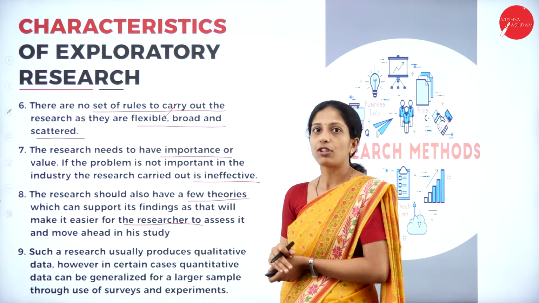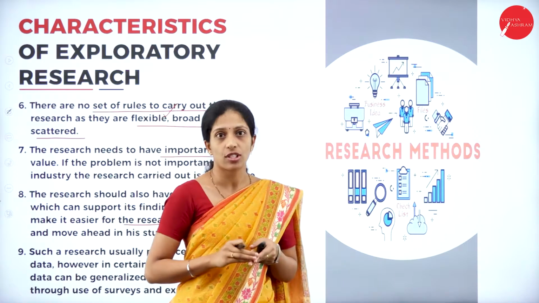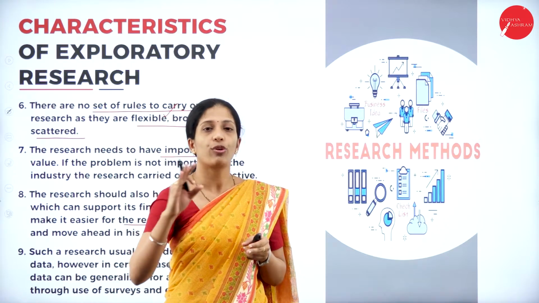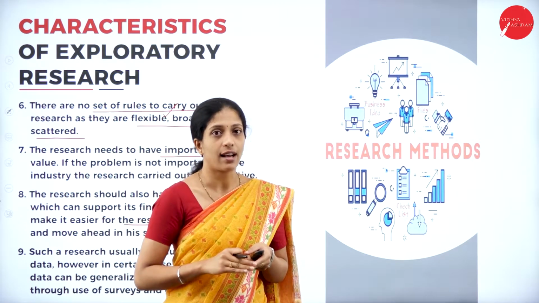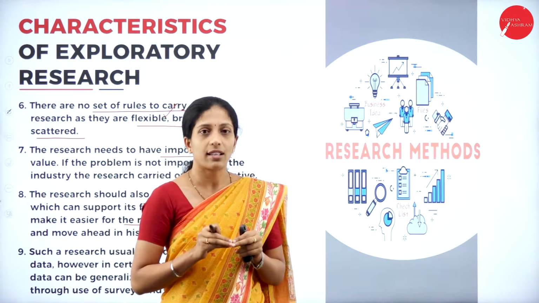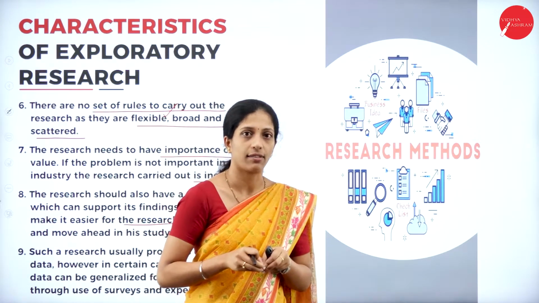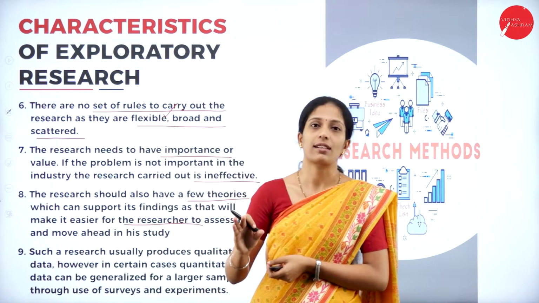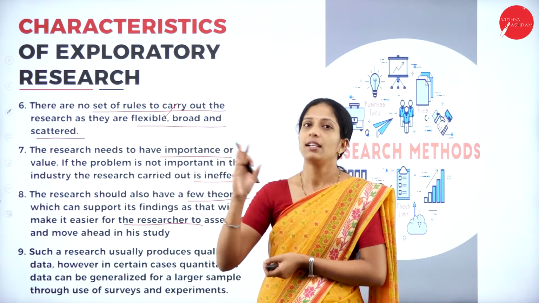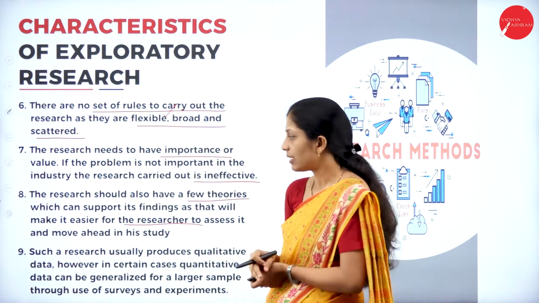Now, you might get a question. Under exploratory research, I have told you there is no prior research studies which have been done. Then how will the researcher collect the information? Of course, he has to go for the primary method in order to collect the data. Other than that, he might get some theory about his study. So using that theory as well as the data he is going to collect, he has to conduct his research activity. So this will help the researcher to conduct the research activity. So which are those? That is theory, the theory he gets, and the practical thing, the information he is going to collect from the primary as well as secondary data.